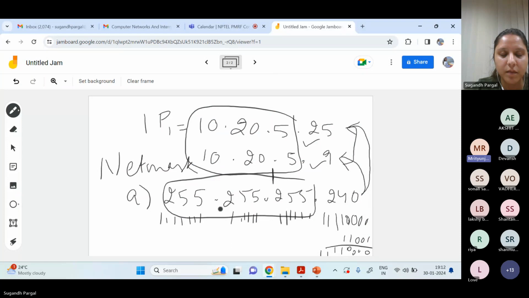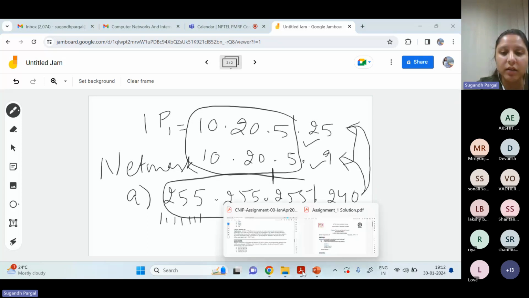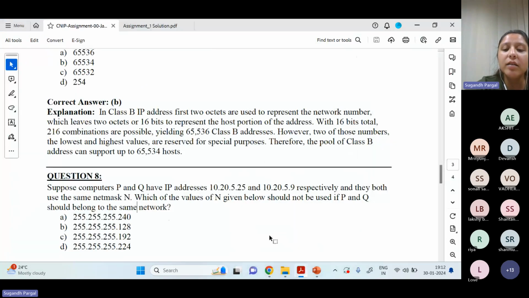Ma'am, for IP1, the network address will be 10.20.5.16, and for IP2, the network address will be 10.20.5.0. No, no, no. You understood the question wrongly. I am asking whether